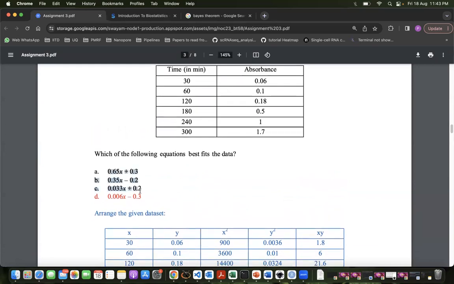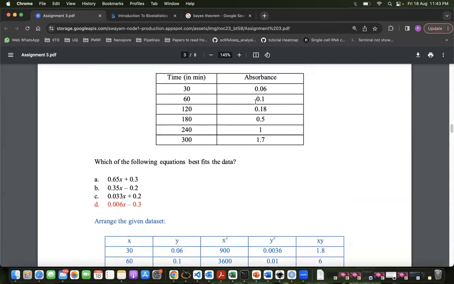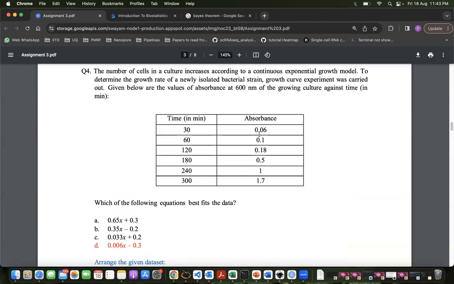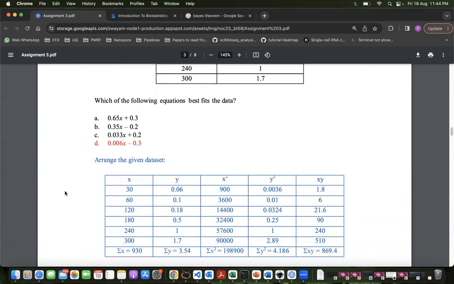You can see here that the options are somewhat different. It's not like 0.6 and 0.65. So you can try fitting in 1 or 2 points in each of these and see which fits best. This is x, this is y, so you have to be correct in seeing that. Against time, generally, this becomes your x here. You can try plugging in and seeing which one fits best. That's not the right way, but it might take less time. Thank you, ma'am.